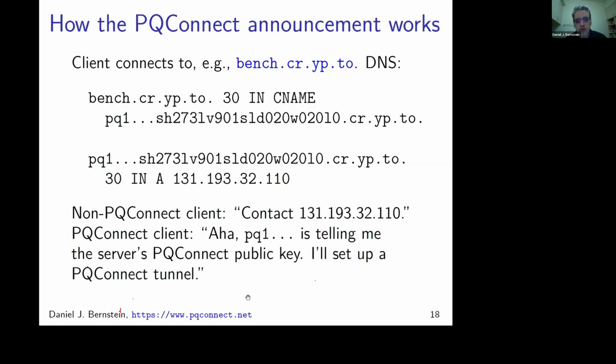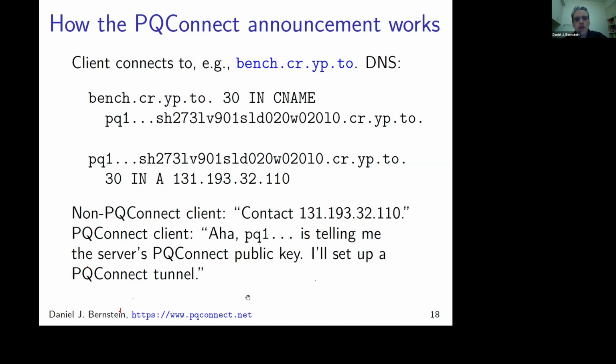Let's look a little bit at how this works internally. So one example of a PQConnect server, which I'm running, is bench.cr.yp.to, which has various cryptographic benchmarks. And in the domain name system, which is the standard name to address translation system that the internet uses, the bench.cr.yp.to name has a CNAME record. The canonical name of bench.cr.yp.to is PQ1 something something something. It's a longer string of what looks like random garbage, something.cr.yp.to. I'll just put part of it here with dot dot dots for the rest. And then that name has an address of